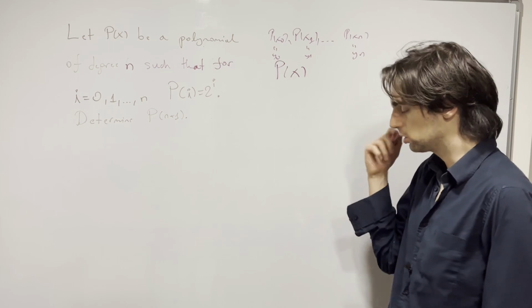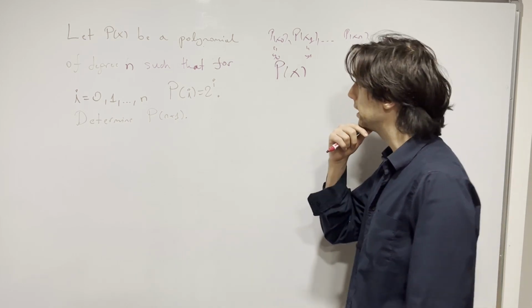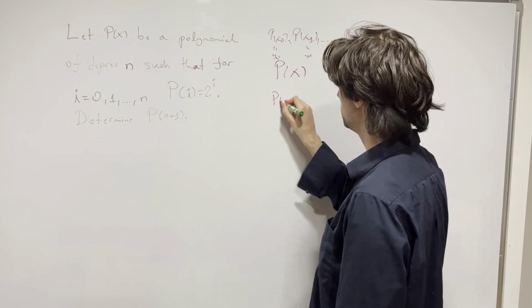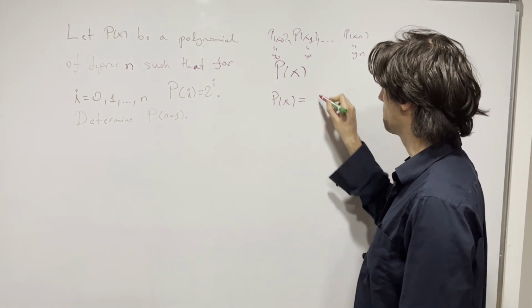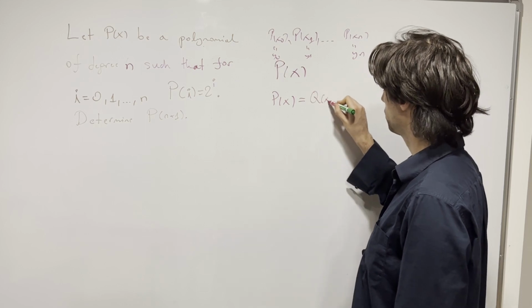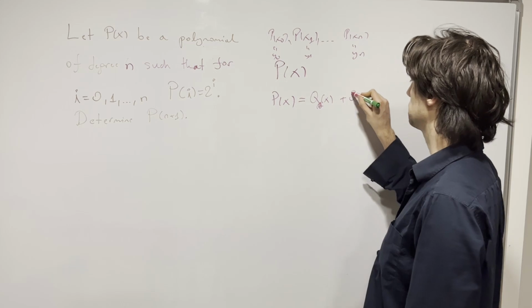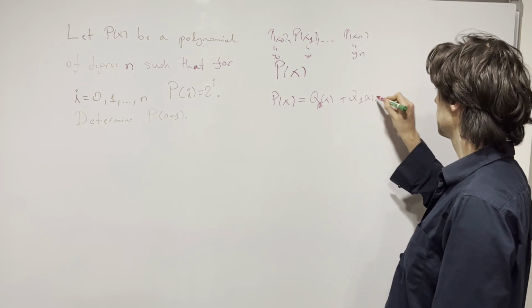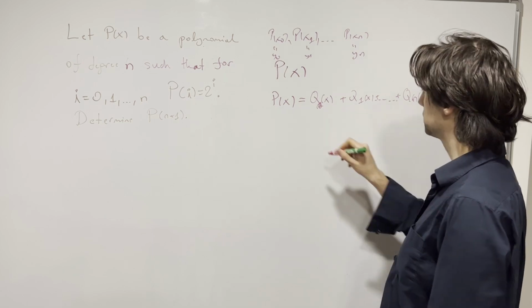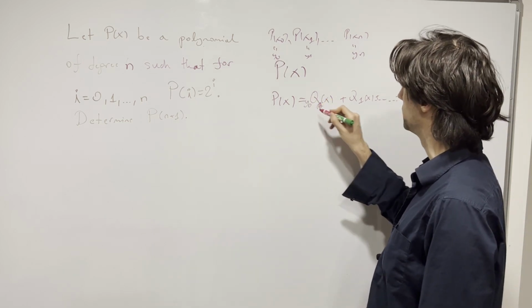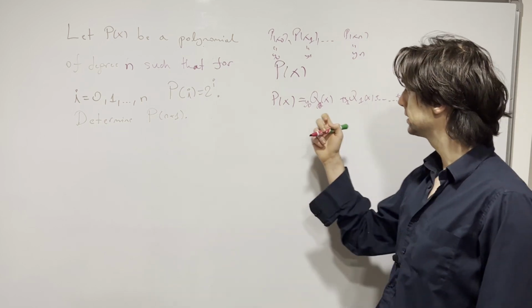And how we construct this polynomial is that we can construct p of x as a sum of polynomials, call them q0 of x plus q1 of x plus qn of x, this one times y0, this one times y1, times yn, such that